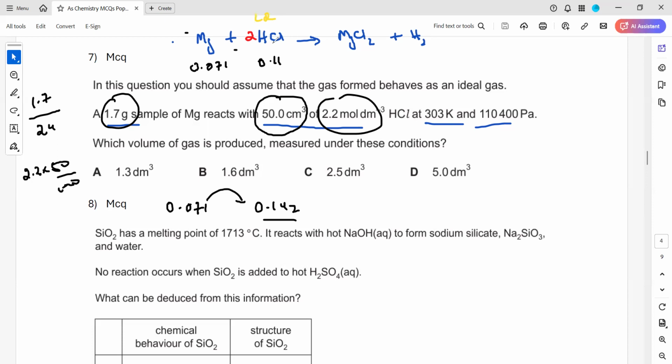So whenever both reactants are given in a question, what will be your first step? You always try to figure out the limiting reagent. They don't say this in the question, but you should always work it out. So hydrochloric acid is the limiting reagent in this case. Then whenever we work out the amount of a product, we use the limiting reagent. So we use hydrochloric acid and we need the moles of hydrogen. How do we work out the moles of hydrogen? According to the equation, the ratio is 2:1. 2 moles will give 1. So if we have 0.11